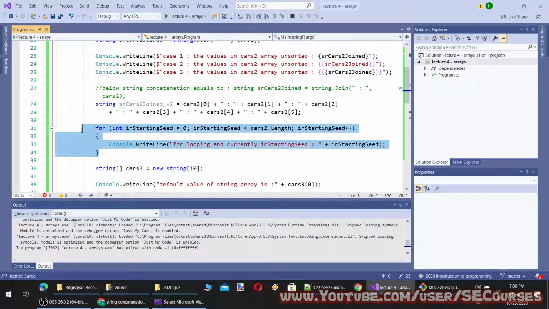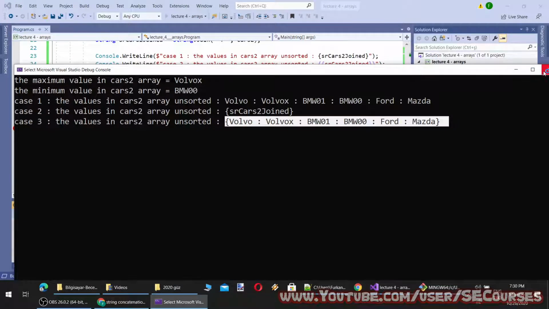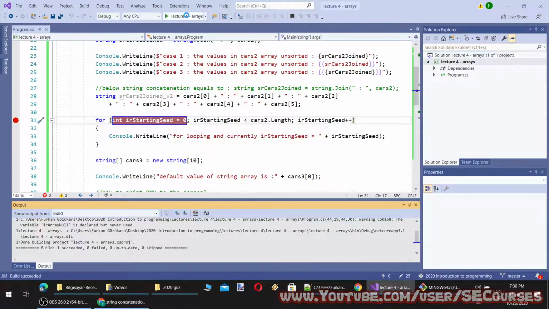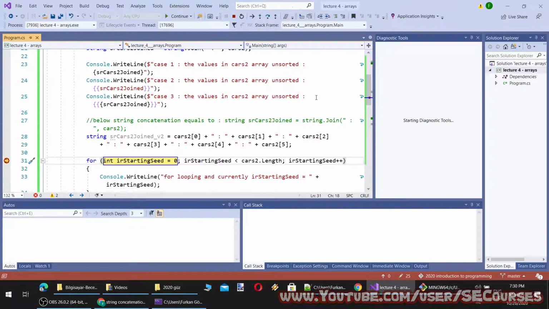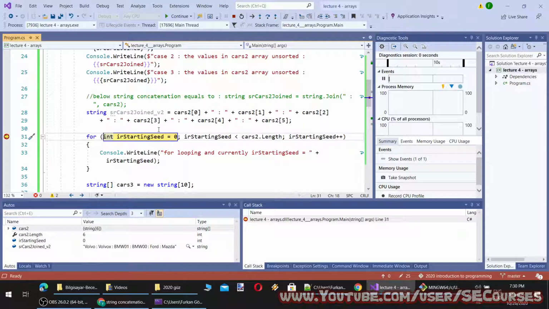So this is the for loop and it takes 3 parameters. The first parameter is the seed. The second parameter is the condition, when will the loop end, and the third parameter is the seed operation, what we are going to do with the seed. So I'm going to put a breakpoint here to show you. The seed is 0 because even if it is not executed yet, the integer default value is 0, and it is going step over step.